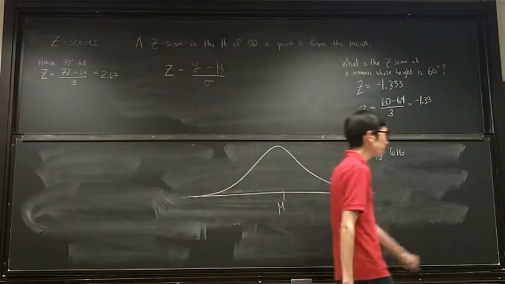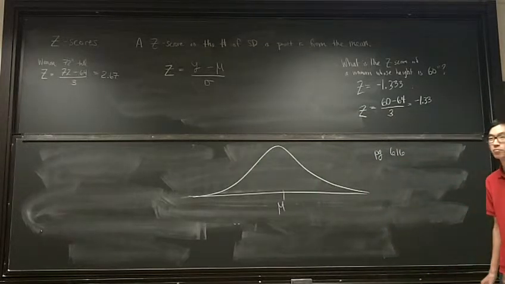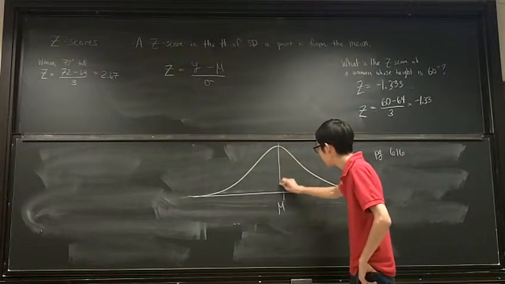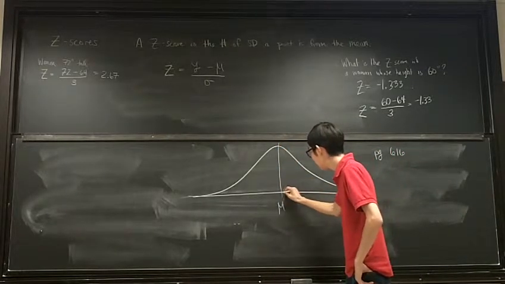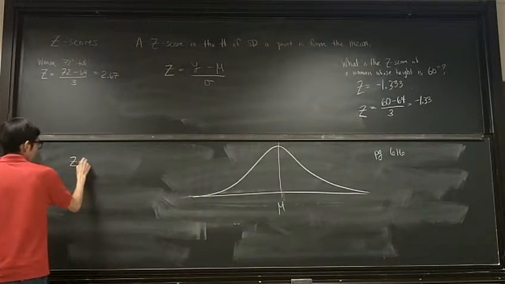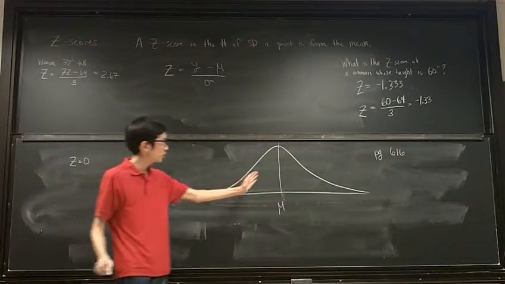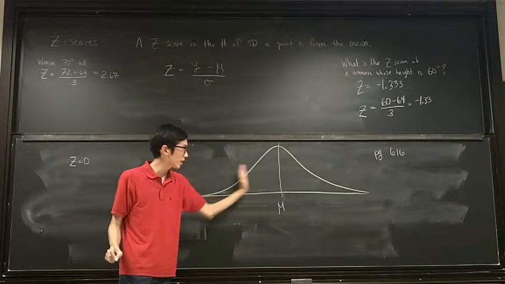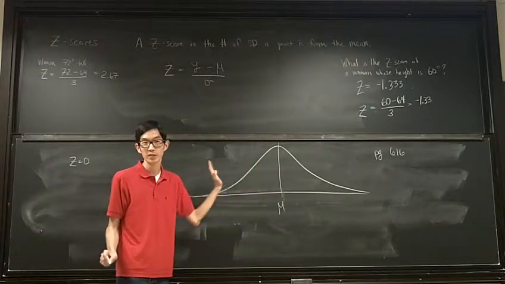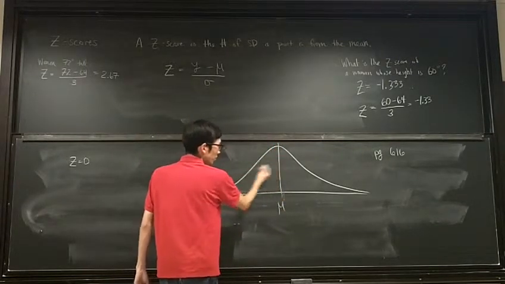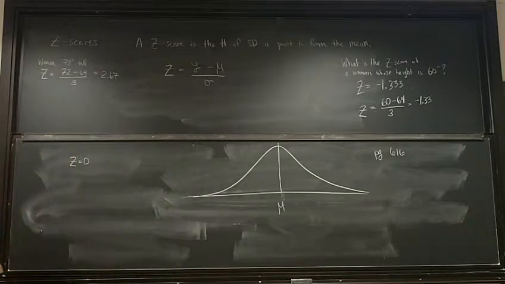So if my z-score is 0, where am I located? At the mean, alright? So just imagine I draw a vertical line right at z equals 0. How much will be shaded in the table if I shade to the left of z equals 0? If I draw a vertical line right at the mean, how much is going to be to the left? It's a redundant question here. 50%, right? So if z equals 0,